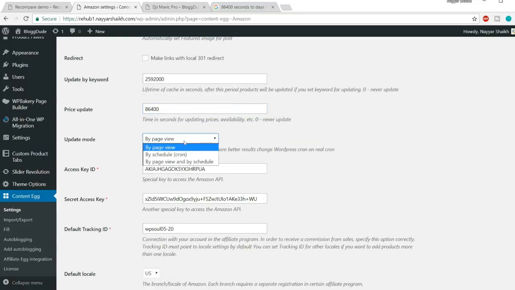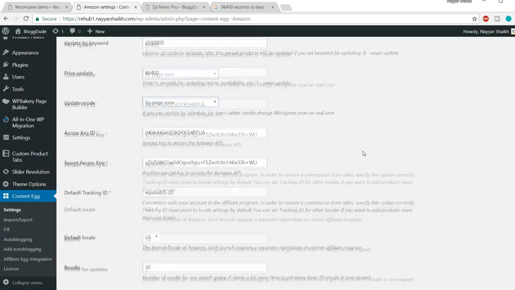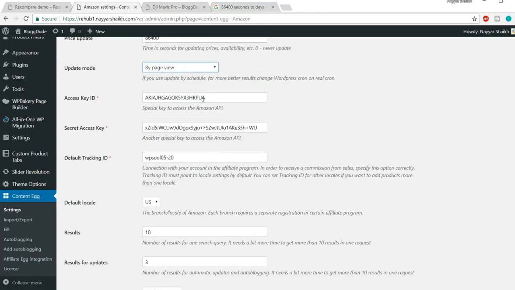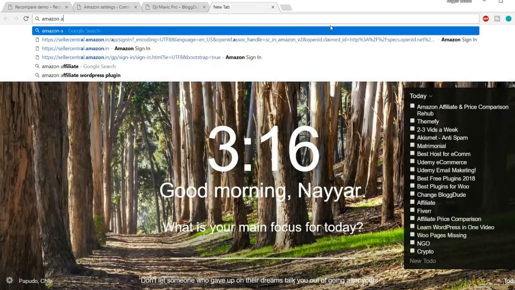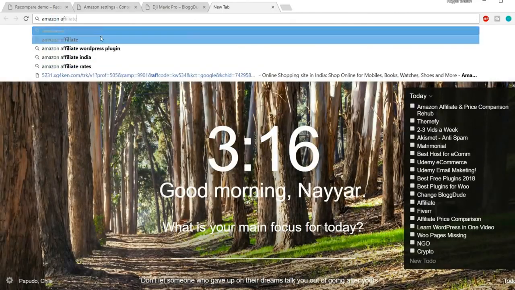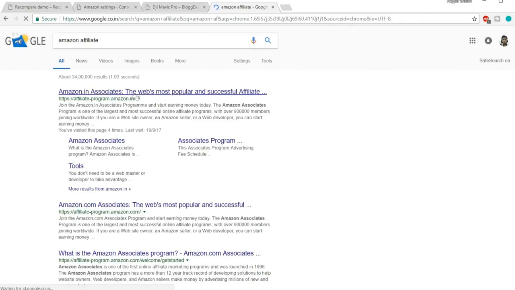Update mode by page view. Make sure page view is selected. Now this is the most important step. Access key, then we have key ID and default tracking ID. Now you have to change these things because this is the most important thing. So instead of these keys, we want our own keys. So open a new tab and just type in Amazon affiliate program, and let's see. Here it is,